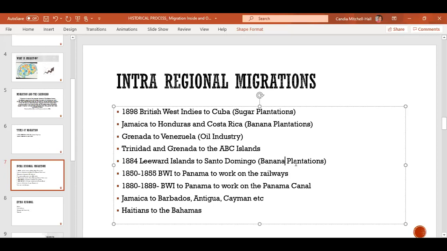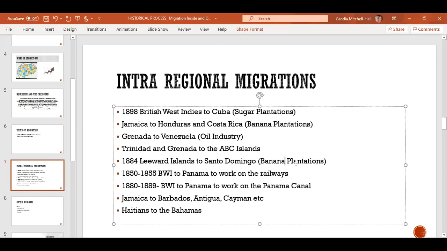Now, when it comes to Panama, for example, between 1850 and 1855, when they were building the railway in Panama, you had